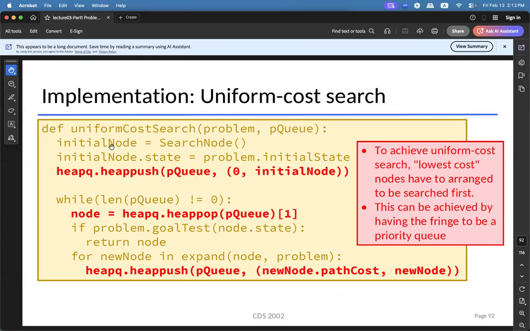And in heap, you learn one thing, right? The root node of the heap is always the lowest value or highest value, depending on how you implement it, right? And what if